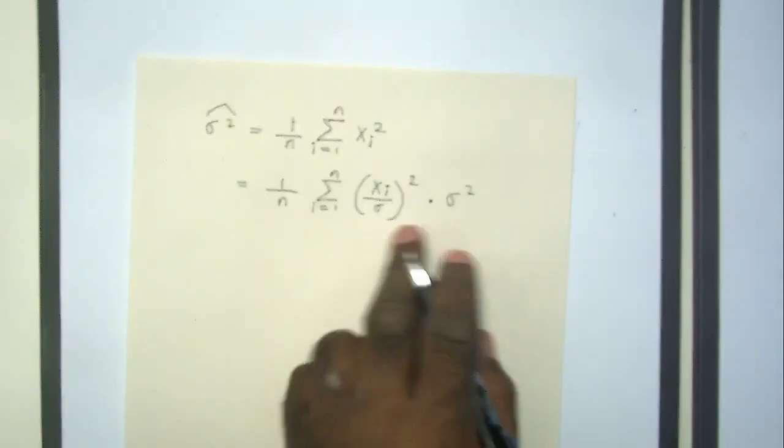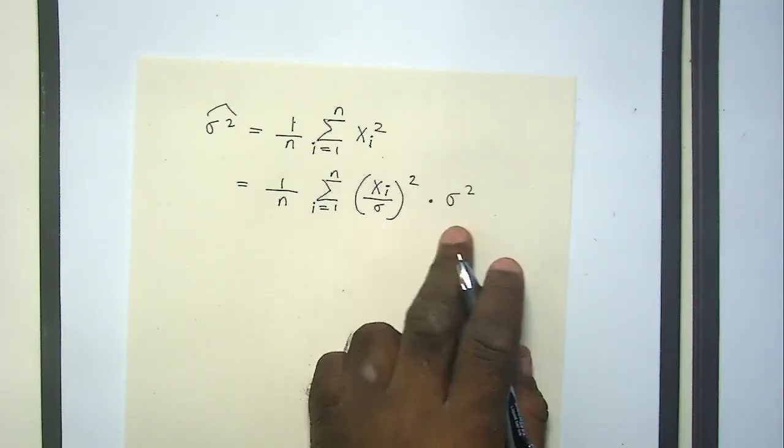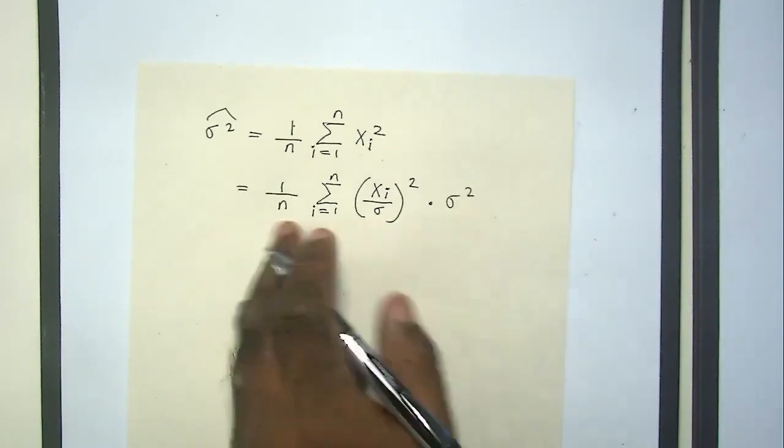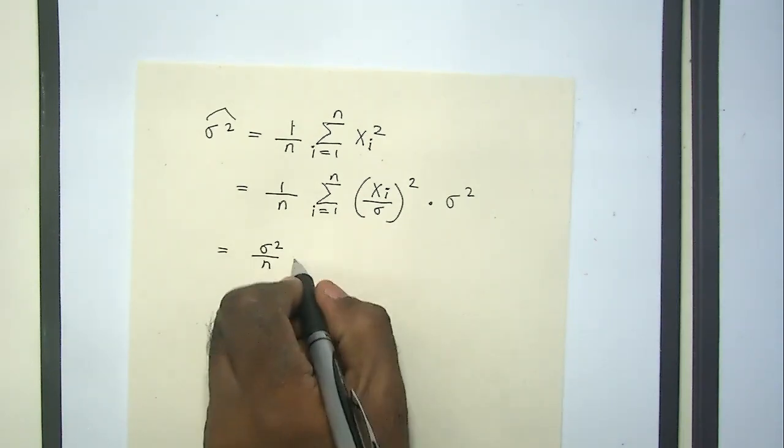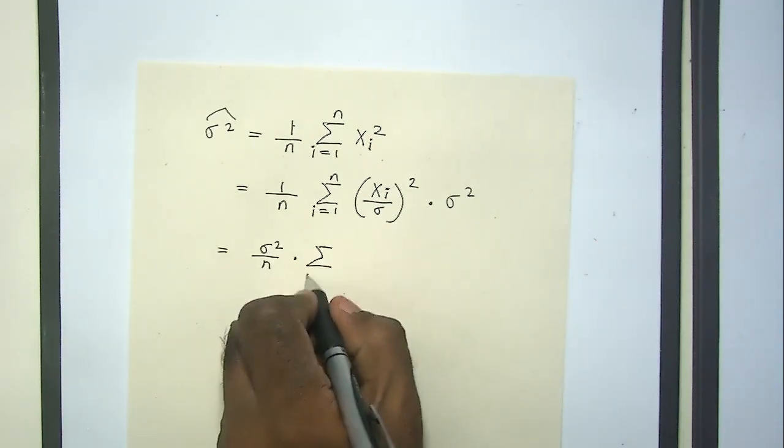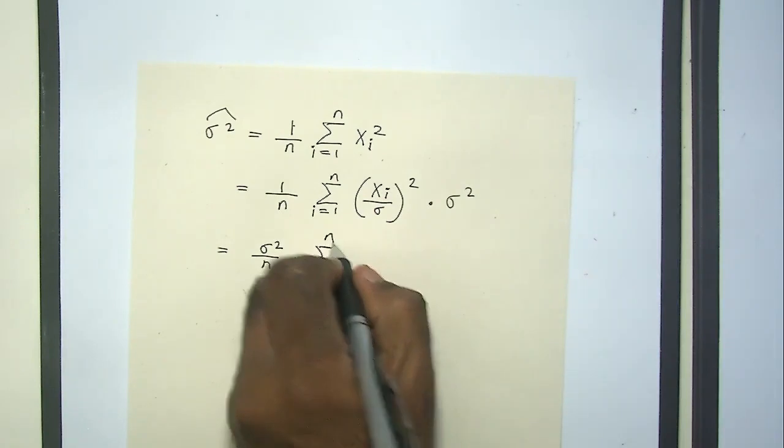You see what I've done here? I have divided by sigma squared and multiplied by sigma squared. I'm going to pull this outside. So this is going to be sigma squared by n multiplied by